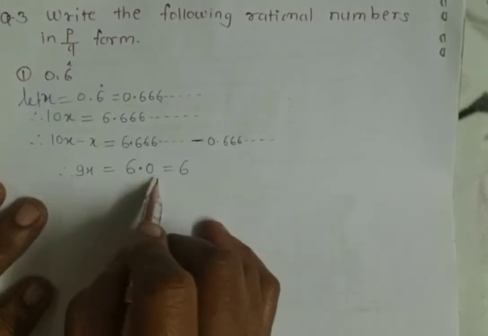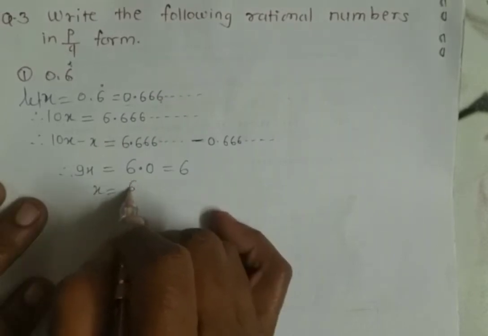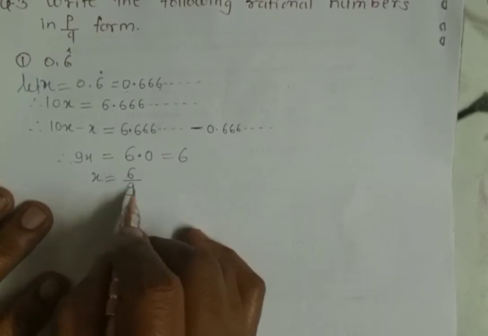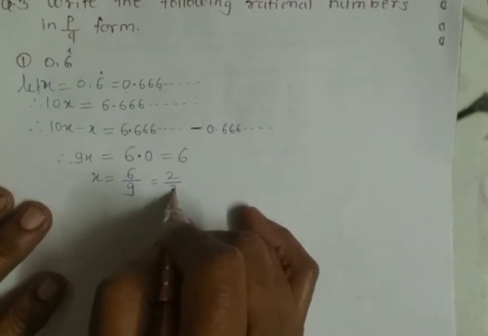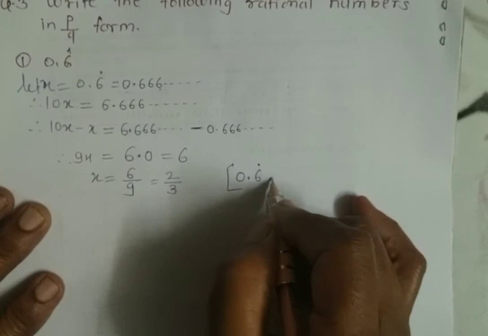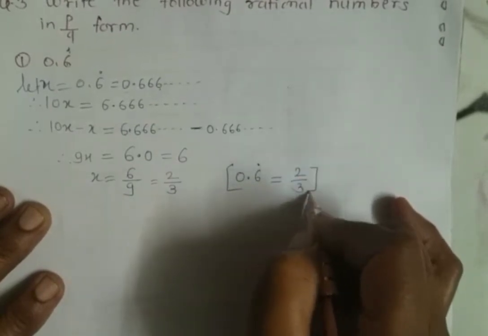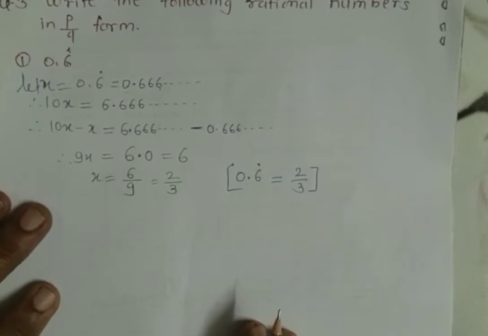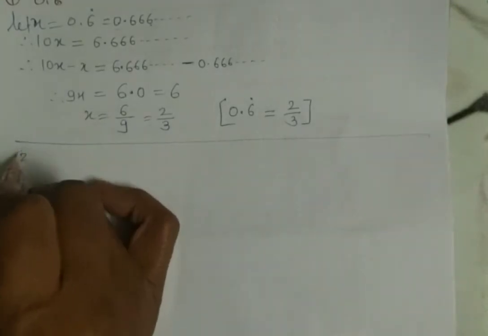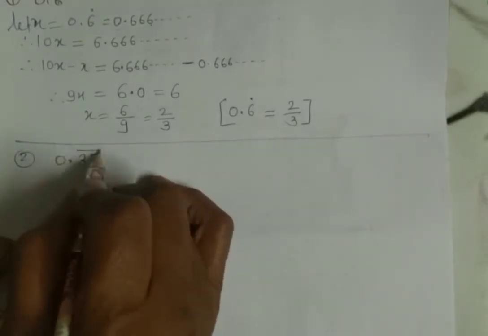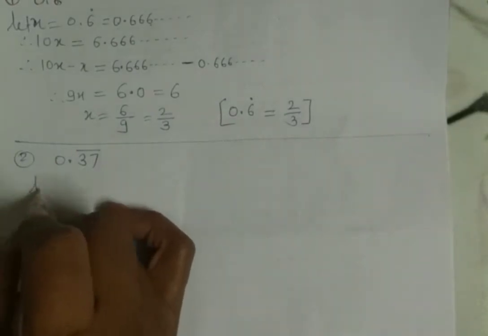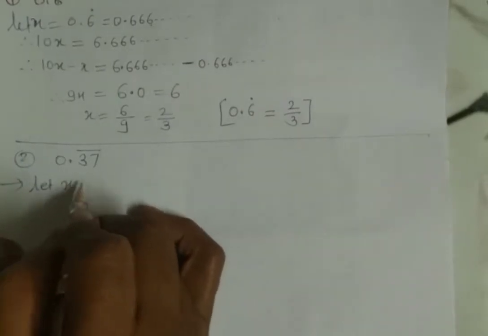9 will be transferred to the right side. We get x is equal to 6 upon 9. 6 upon 9 when divided by 3, we get 2 upon 3. So the number 0 point recurring 6 can be expressed in the form of P upon Q this way, 2 upon 3. Now the second example, 0 point recurring 37. In this example, 2 digits are recurring. Again the first step as it is, let x is equal to